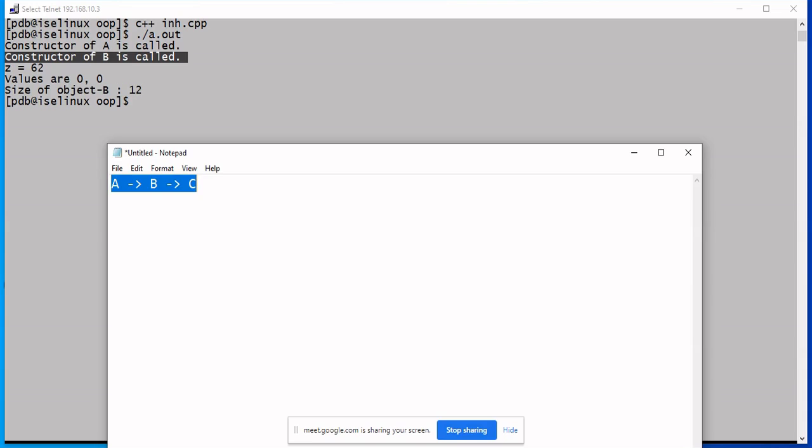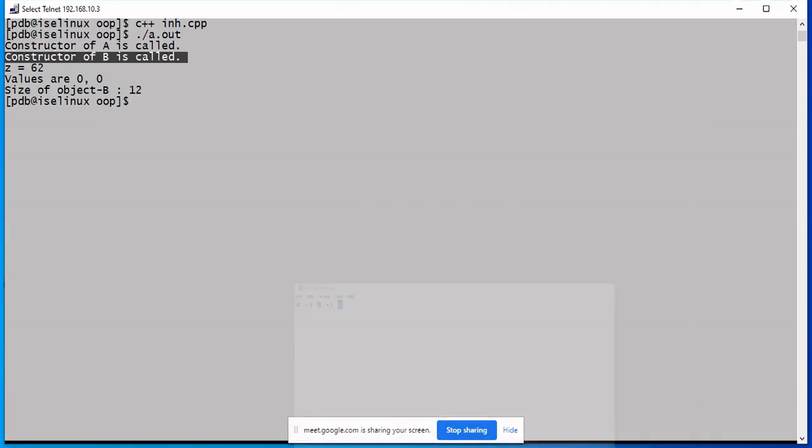The order of constructors follows the order of inheritance, starting from the base class till the last derived class. Fine.